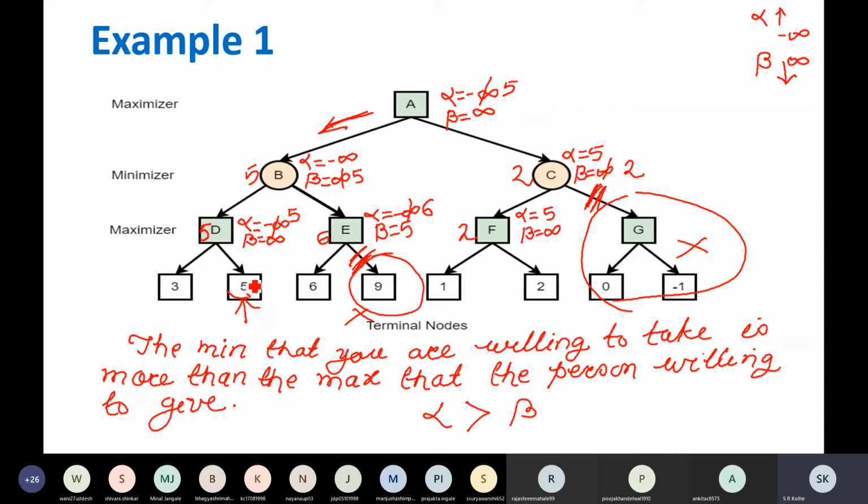5 is better than 3. Am I right? Yes, sir. Initially the alpha value was 3. Good question. Initially the value of alpha was 3. At that time we did not know this part. So we backtrack and search: is there a successor function which can be applied on this?